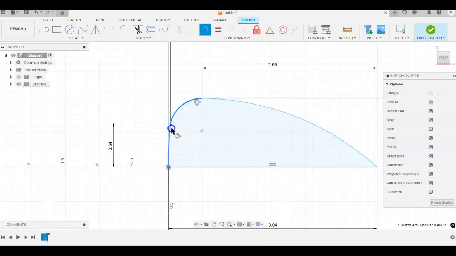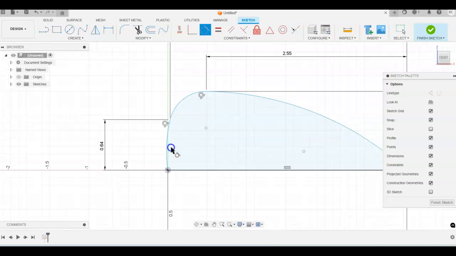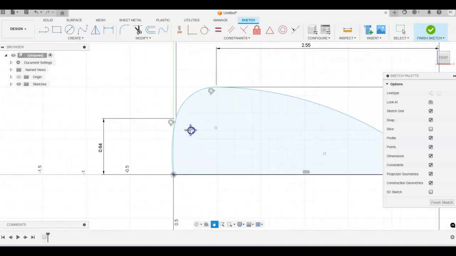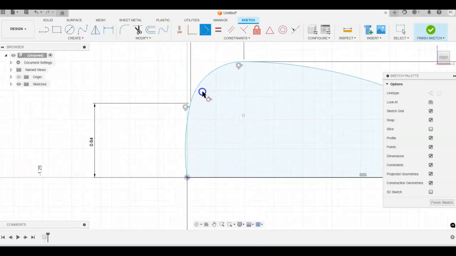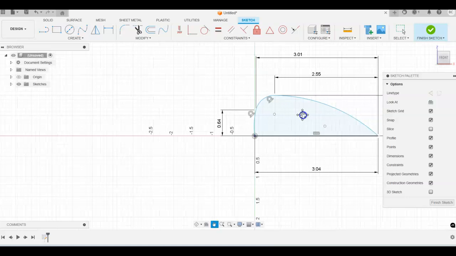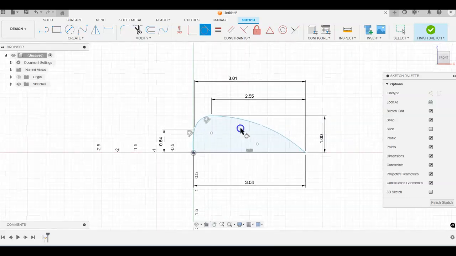So let's do the same thing over here. Notice then we came out a little bit with this in terms of the dimensions. So we're not quite where we want to be. So we still have a couple more dimensions to be placing on here. So